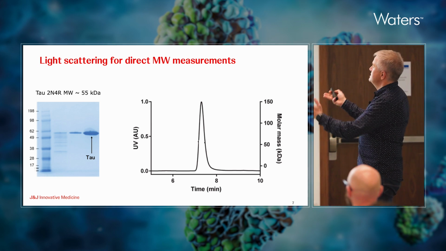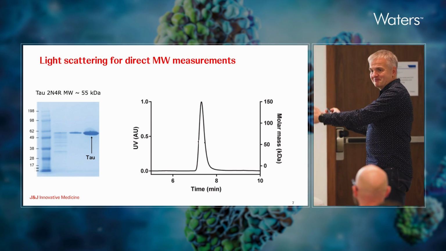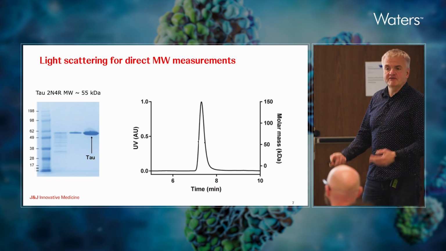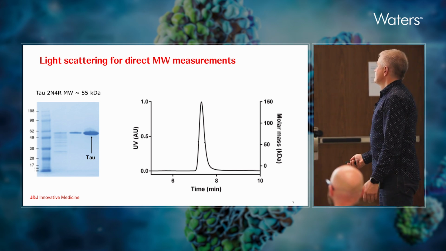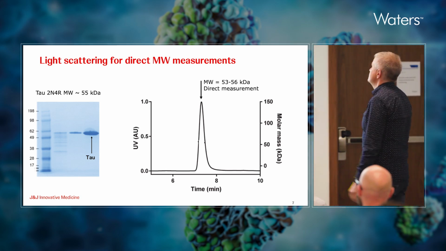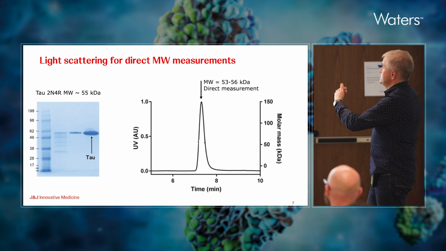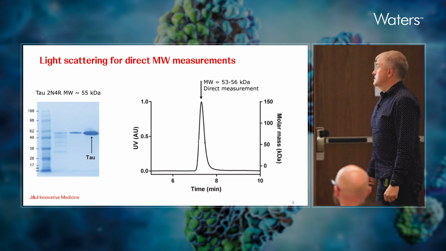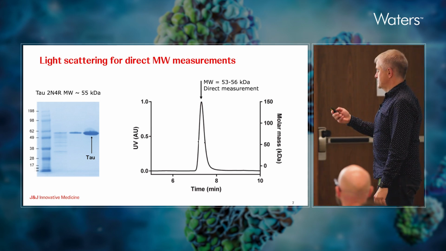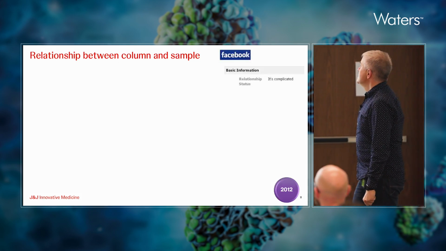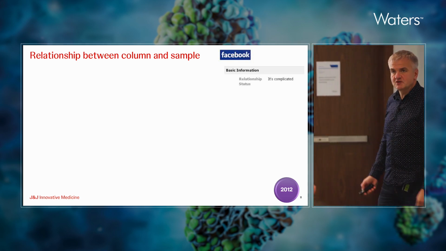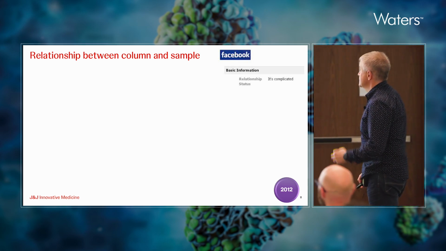Going back, what we see here on the right side is exactly what I showed you a few slides back. The only difference is that now we're also going to factor in what you can get from a light scattering detector, which, by measuring the molecules within this peak, leads us to a result which is very close to a monomeric protein. Good news, we know now that tau is monomeric. Bad news, we are not going to get any Nobel Prize. Now that thing has been ticked off, right? Now we have a direct way of measuring proteins and determining their molecular weight and aggregation status.